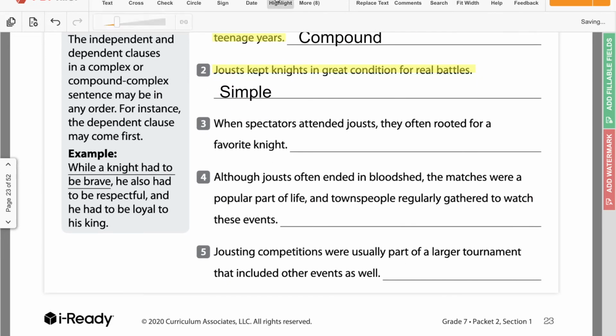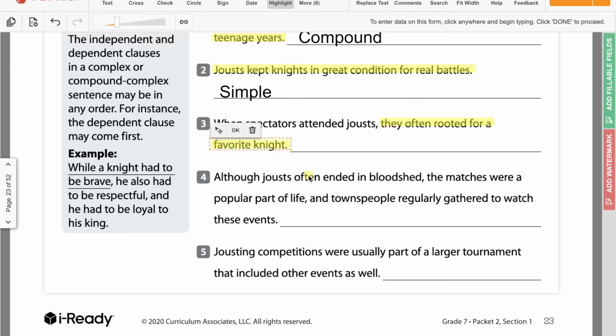When spectators attended joust, they often rooted for a favorite knight. So we have a comma, so we know where to split it. When spectators attended joust, if I just said that, does that make sense on its own? No, because it leaves us asking when spectators attended joust, what? Like what happened? So that would be a dependent clause. And then we have, they often rooted for a favorite knight. So we said spectators often rooted for a favorite knight. Does that make sense on its own? Yes. So that is a